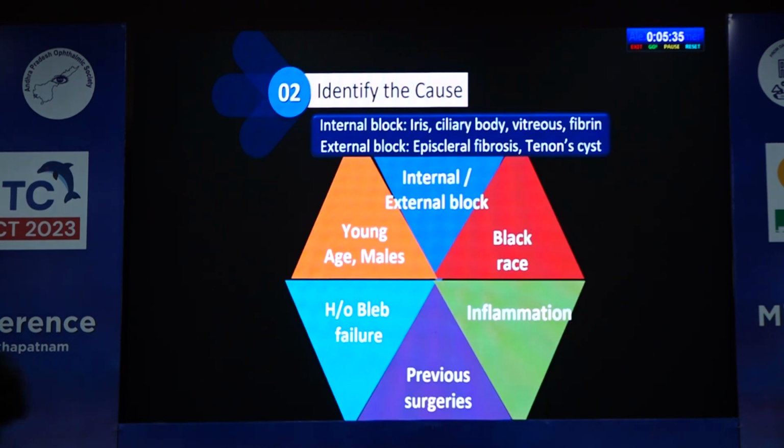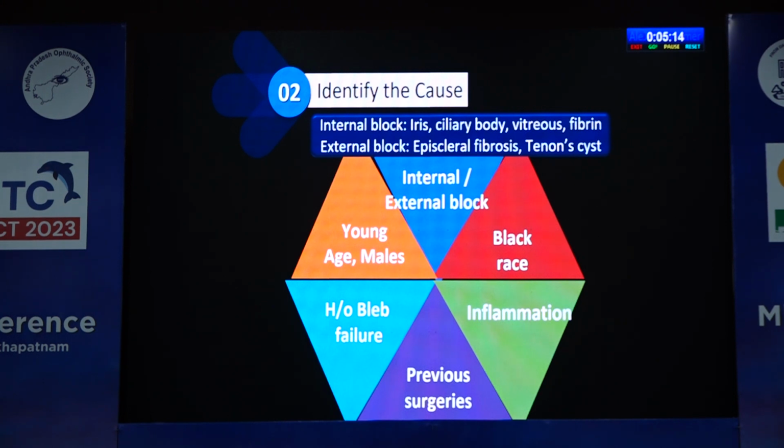Next step is to identify the probable causes. If it is an internal block, it is due to iris, ciliary body, vitreous or fibrin blocking the ostia. If it is an external block, then it is episcleral fibrosis or an encapsulated bleb, as we just saw the differences. Encapsulated bleb occurs about 1 or 2 months after surgery, and that resolves